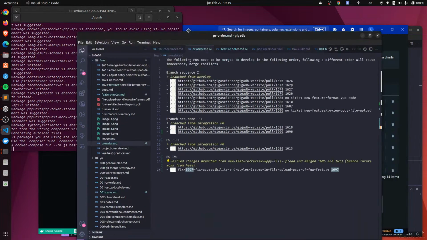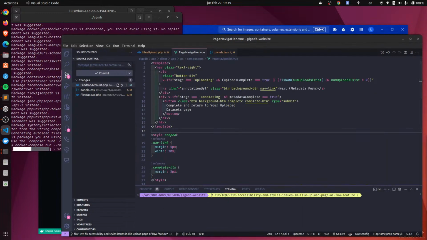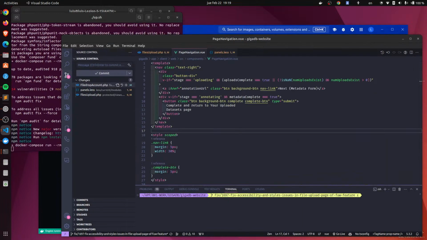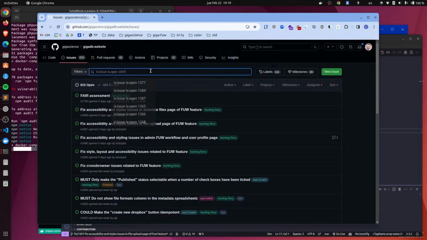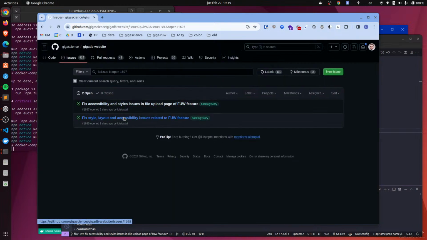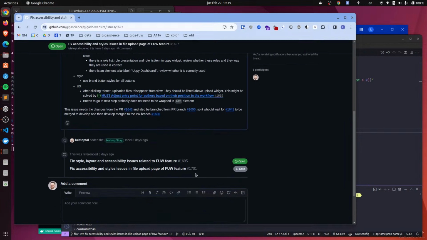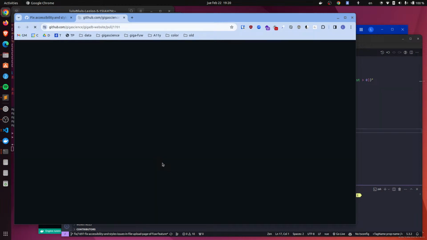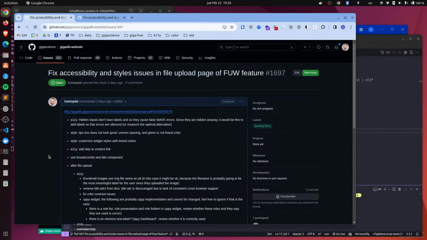And then let's see. So I was working on this ticket for sure. So I'm gonna continue working on this ticket. It's gonna be number 1697. And there was a bunch of issues. I think maybe there is a PR. Yes, there is a PR. And that was 3 days ago, so